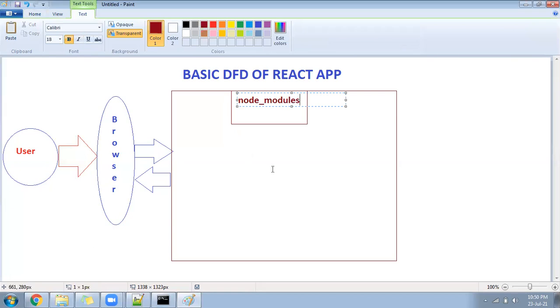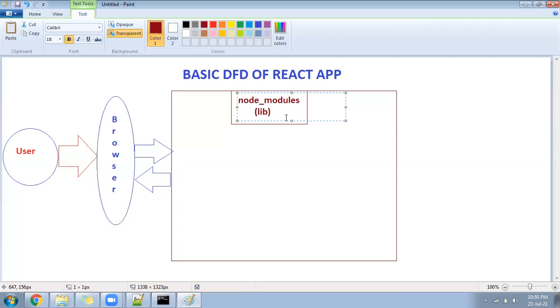What is this node modules? I'll write below, it is a library. Collection of libraries. You understood it? Yes, it's a library. So many libraries will be inside.